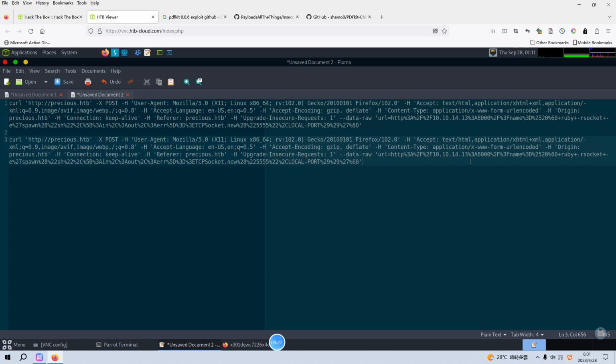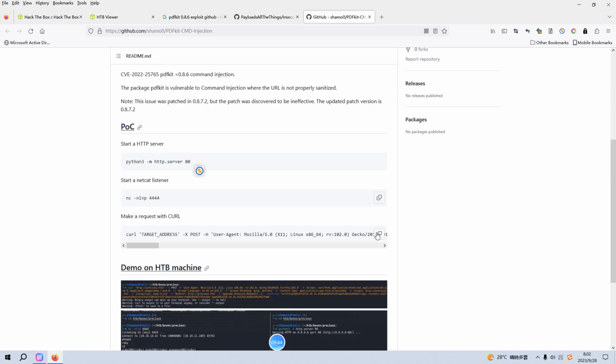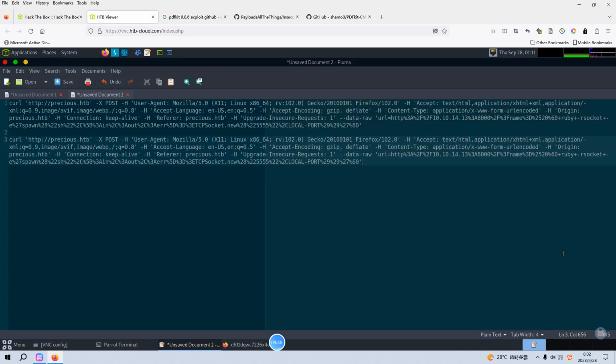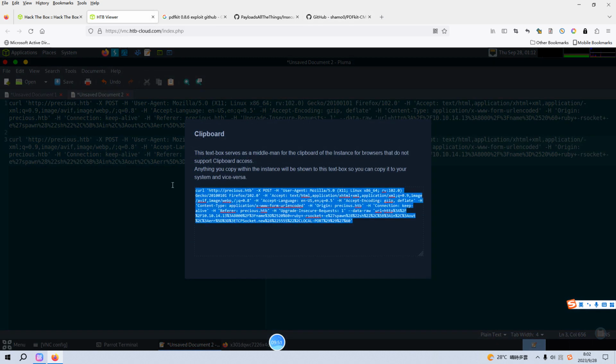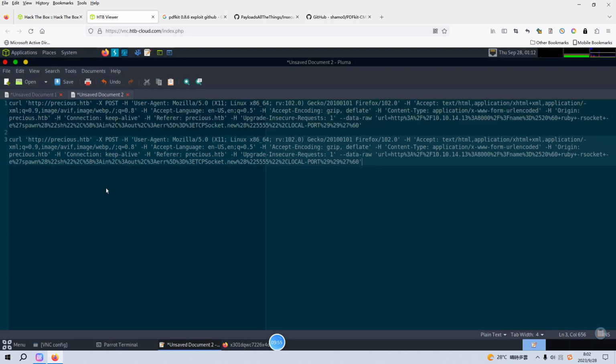I think I have already configured correctly. Spawn 5555. Oh, sorry. Maybe I need to do it again. Make a copy here. This is the original payload. And now we can go back, copy to the clipboard. Sorry about this, and we can